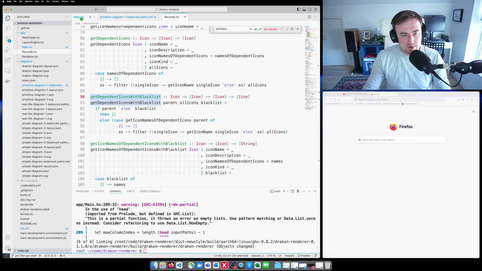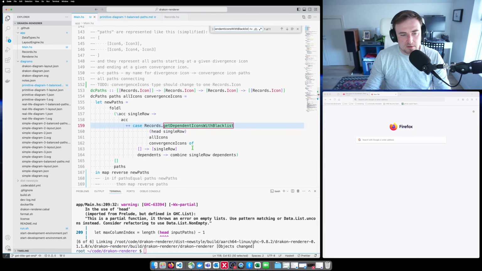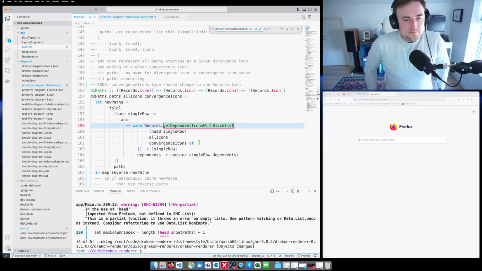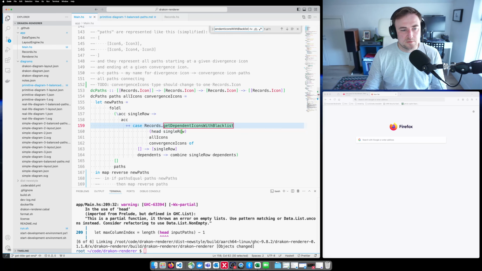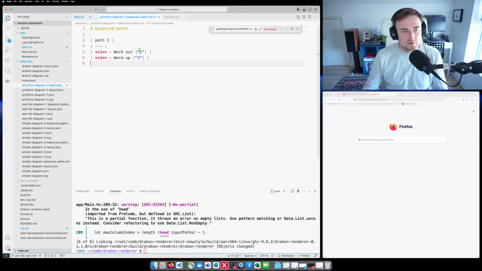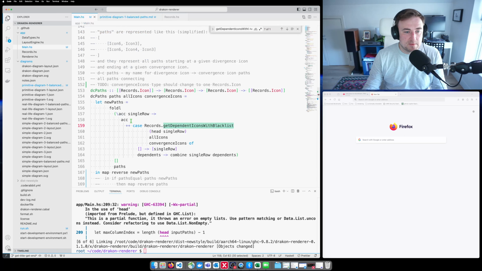I think we should upgrade this function. Because the head of the single row in our case is icon 1. And since it does participate in that row, we're not getting anything. We're only getting that single row repeated. So I think we need to upgrade it slightly